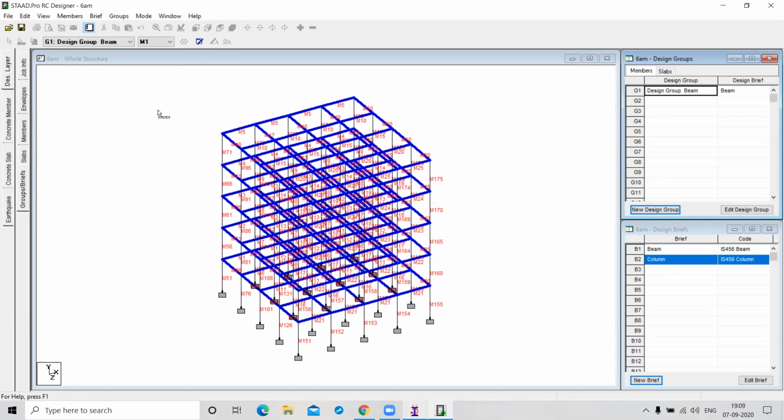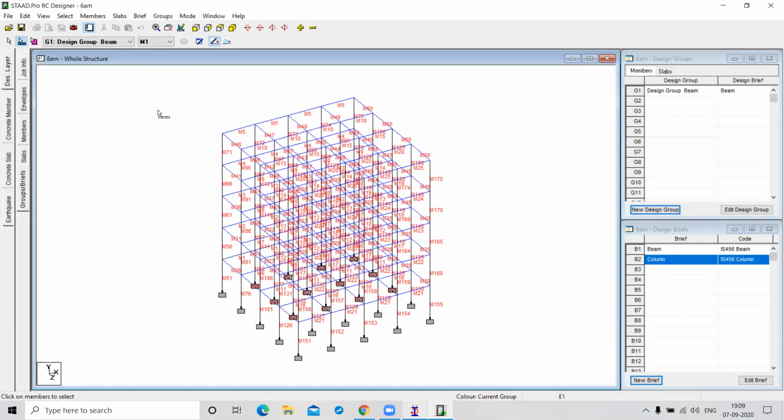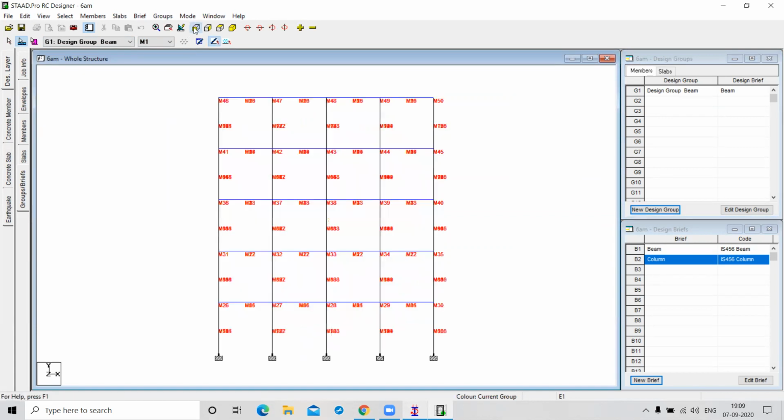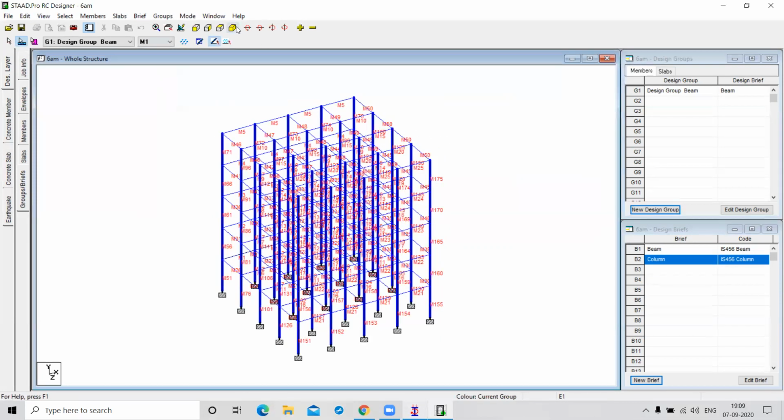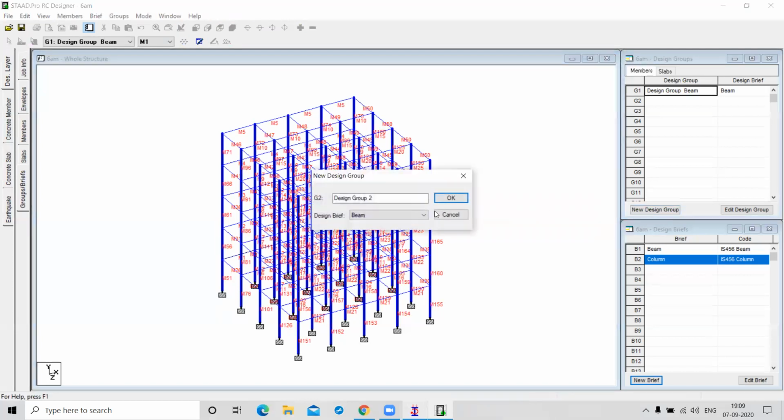After that, you select your columns like this. All the columns are selected. Now again, go to New Design Group and give the name Design Group Column.